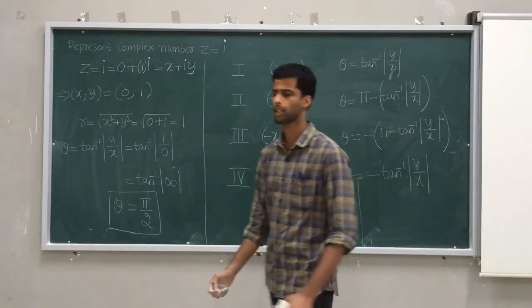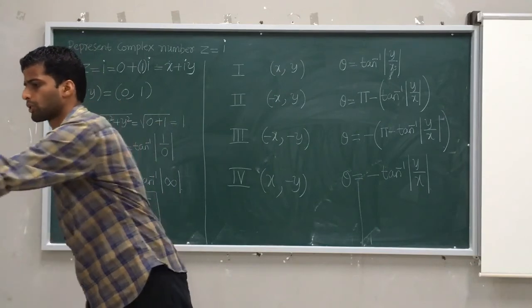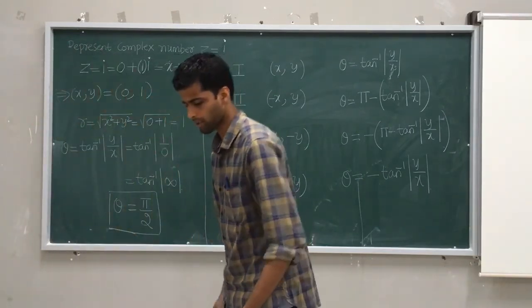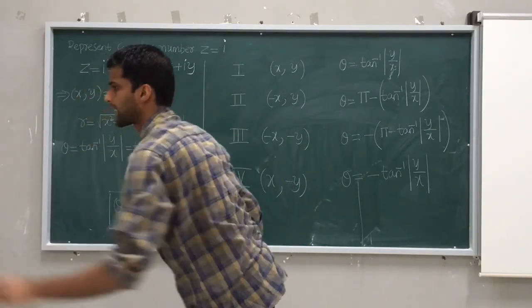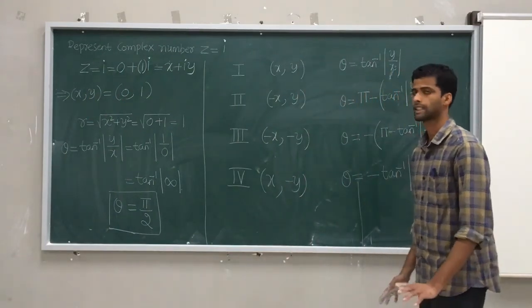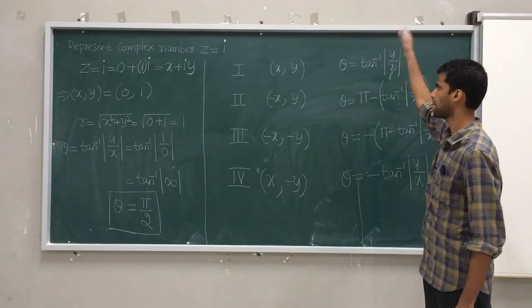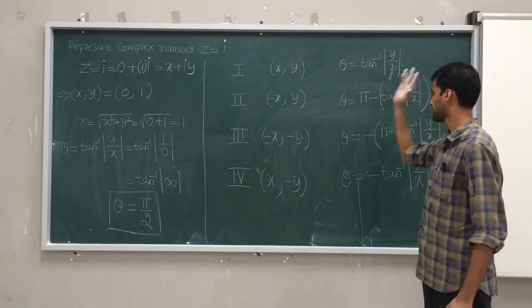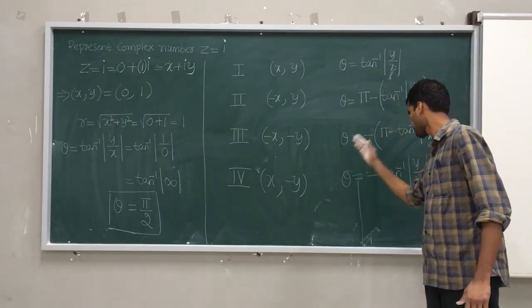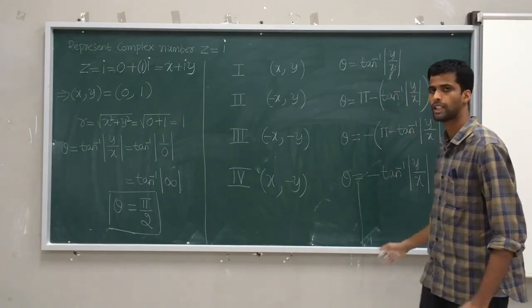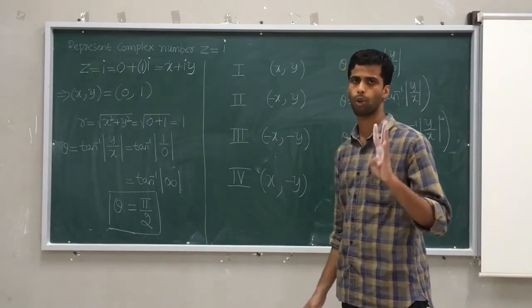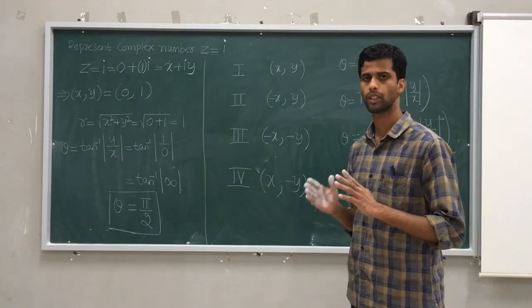So this is the summary of this particular video. Please solve the remaining questions from your exercise until you become perfect in this category. Keep these notes in mind: if it comes in the first quadrant, theta is this formula; second quadrant, this; third quadrant, theta is this; and fourth quadrant, theta is this. Based on this only, I have chosen four problems, one for each quadrant. Hope you understood clearly.